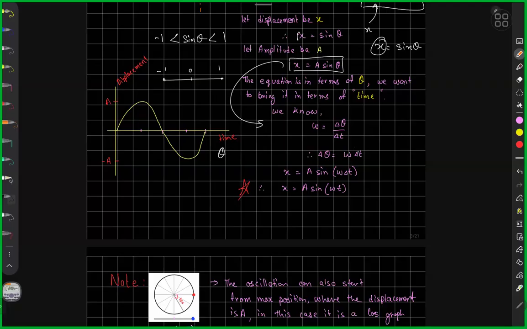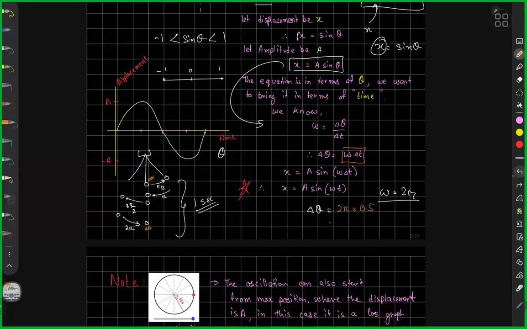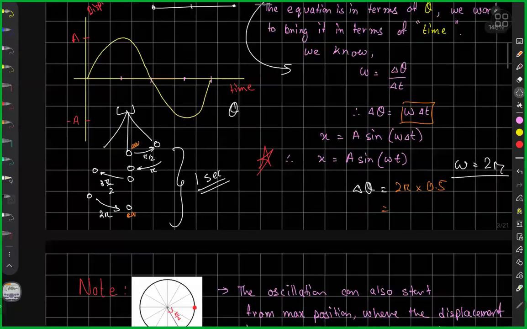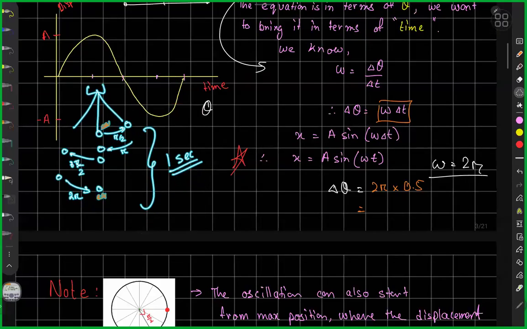What changes? Your time. So what do you think happens as time increases? The theta covered keeps increasing. If I go back to that initial thing, and I take my same example of omega is 2 pi, what do you think is going to happen in